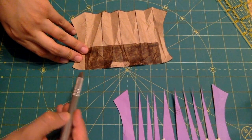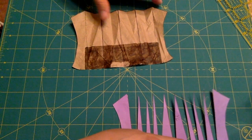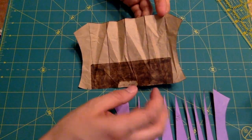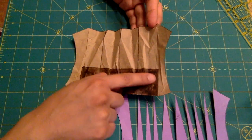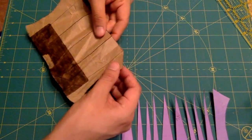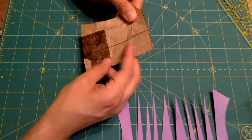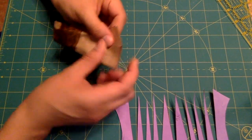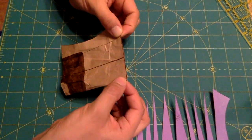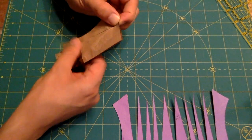I just made note of where the dart for the top and the bottom start and end so I can see. Then comes the tucks. If you really wanted to, you could do darts, but it depends on your image, and I think it would cut into your image too much. So what I did, because it's symmetrical, I just folded it in half, and then folded it again using that corner. This straight edge stays as is, but this section from here up is what we added. It's from this tip to this tip. So I just folded that in half again,